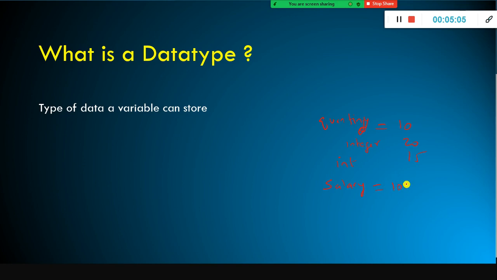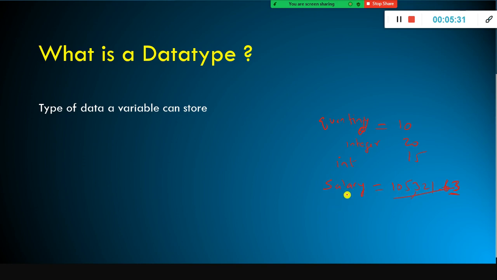Let's say your salary is 105,321.63 after LOP, loss of pay, when they deduct it; this is your net earnings. Your net earnings are not necessarily a whole number, right? It is a decimal value. It is a decimal data type.